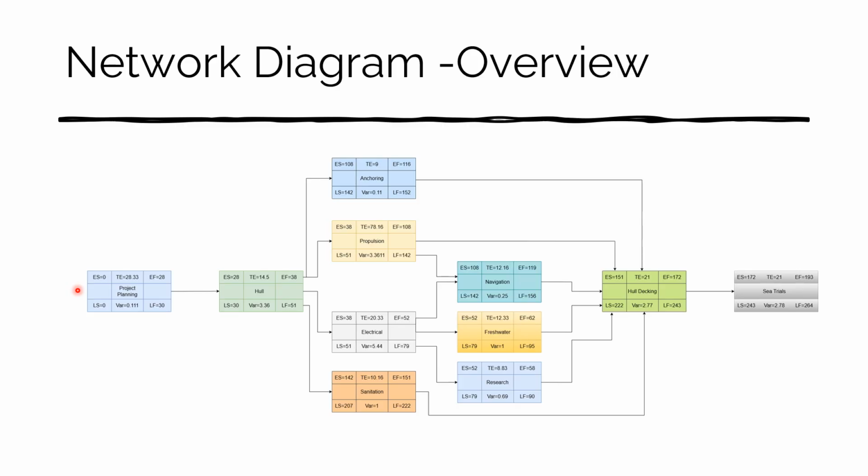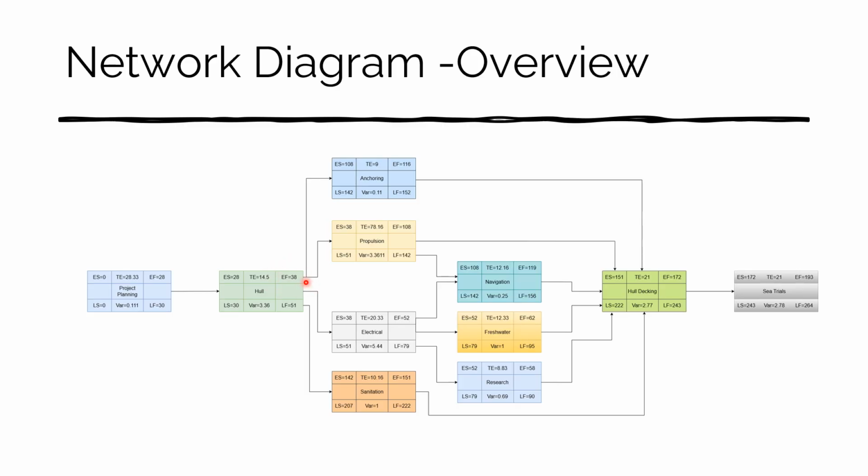It's going to be our first thing we're going to start with. We cannot start any earlier than 0, so our earliest start is going to be 0. We then add the expected time of 28 days, and then we have our earliest finish of 28 days. This earliest finish then becomes the earliest we could possibly start on the hull, which is that 28 days. Then it's going to take us that 14 of the expected time, then that becomes the earliest we can finish